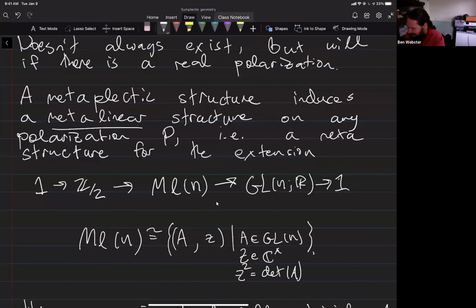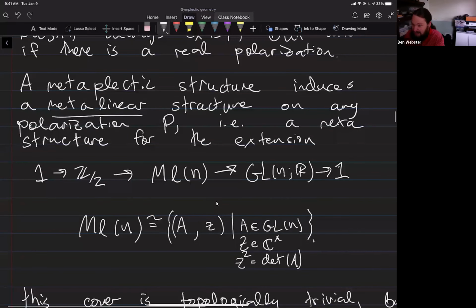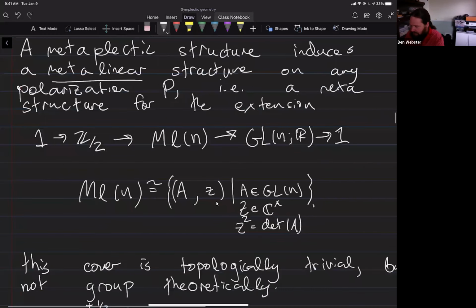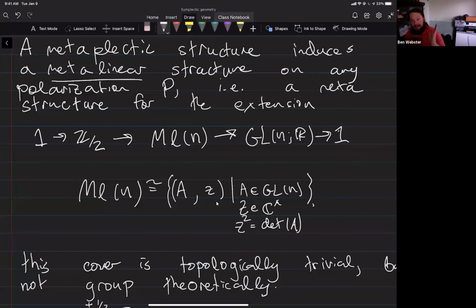And again, there's some discussion about, do you want the complex metalinear group? Do you want the real metalinear group? But since we're talking about real polarizations, this is the real metalinear group. And this is a little bit funny because now this is actually a topologically trivial cover over GL_n(R). But it's not trivial as a map of groups. So what this metalinear group is,